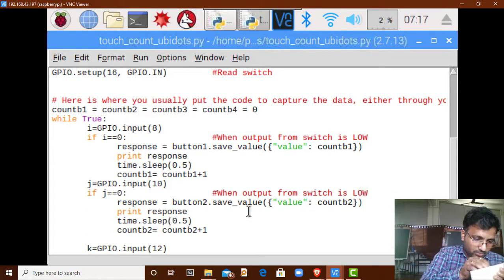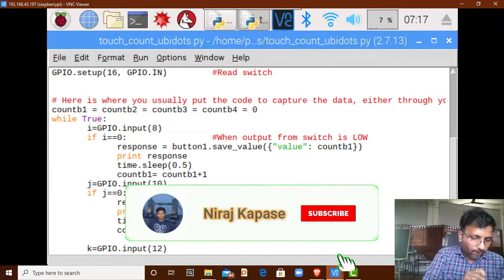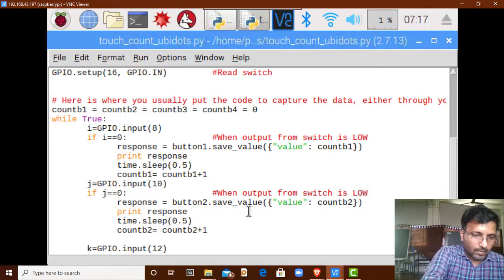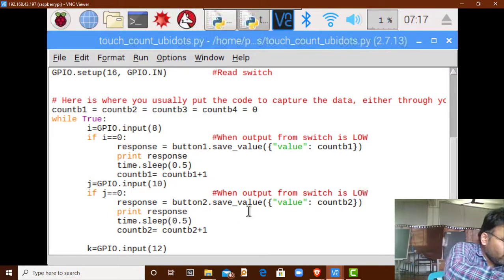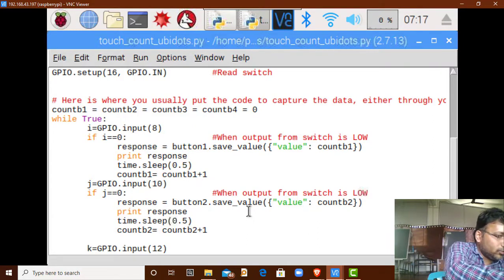So I'm going to connect this VCC. This is ground, I'm going to connect the ground. This is B1, B2, B3 and B4. There are 4 switches.